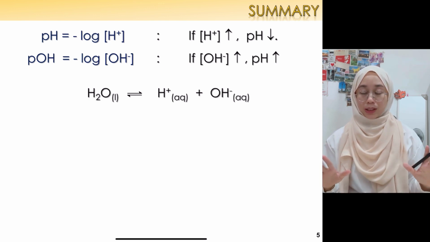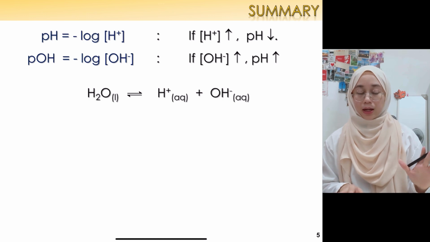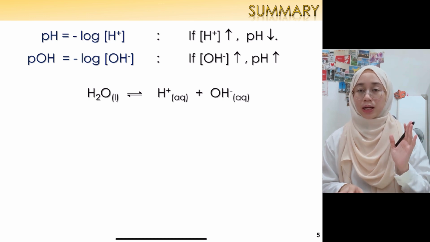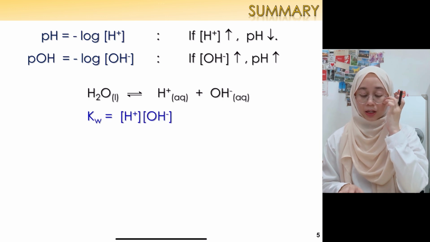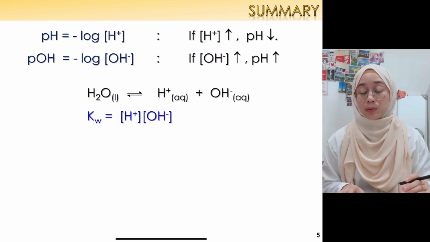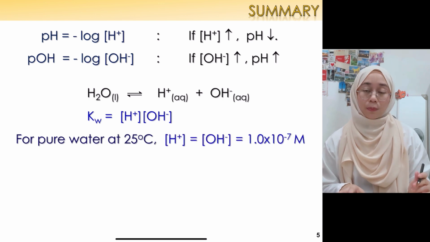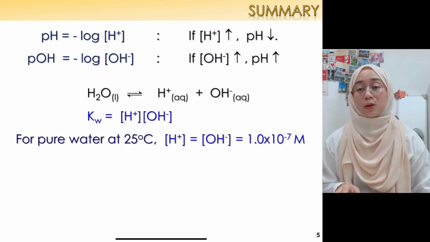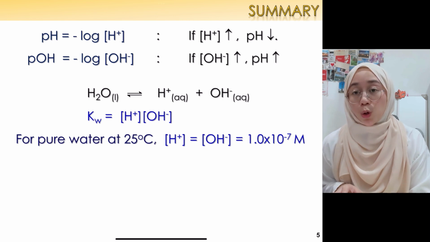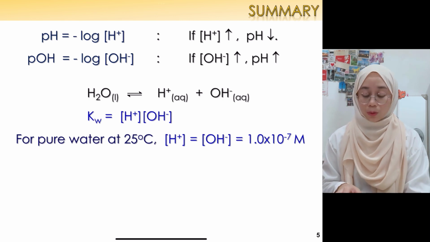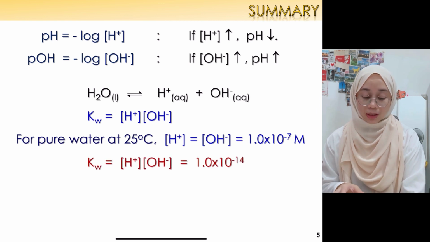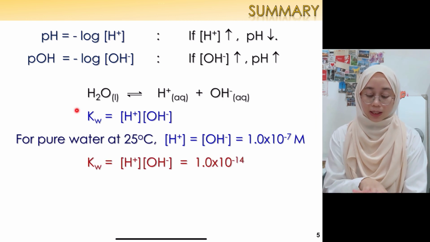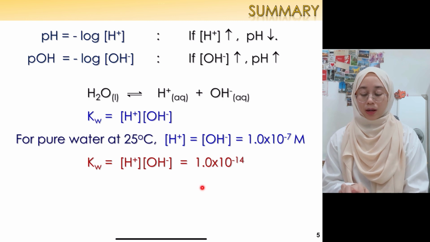water's equation. Okay, because now we want to relate the connection between pH, pOH and Kw actually. Okay, so from our equation, we can express the Kw equals to concentration H+ times OH minus. So for pure water at 25 degrees Celsius, the concentration of H+ and also OH minus is the same, which is 1 exponent negative 7 molar. So when we put the values inside the Kw expression above,